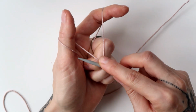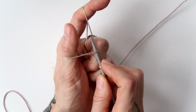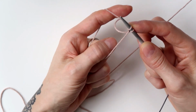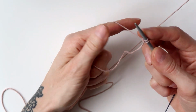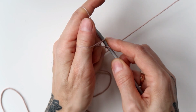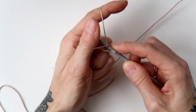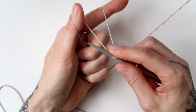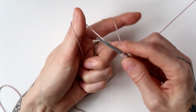And now I'm going to move a little bit differently. I go in here from beneath, and then I grab this section of yarn, pull it through, release from my thumb, and pull it on my needle. And then I grab beneath this again with my thumb, go through from below, grab this piece of yarn, pull it through, and secure it on my needle with just pulling on it a little bit. So we have now 4,